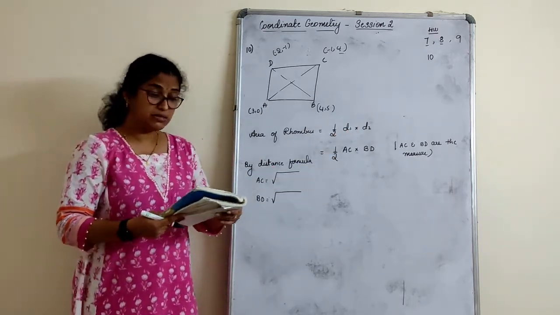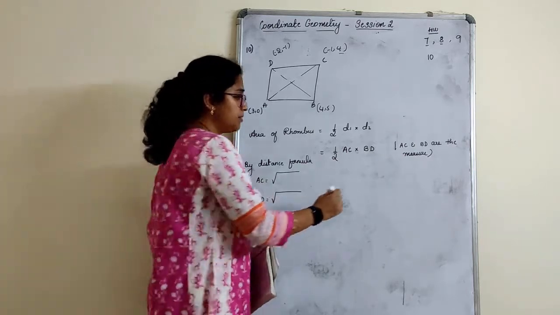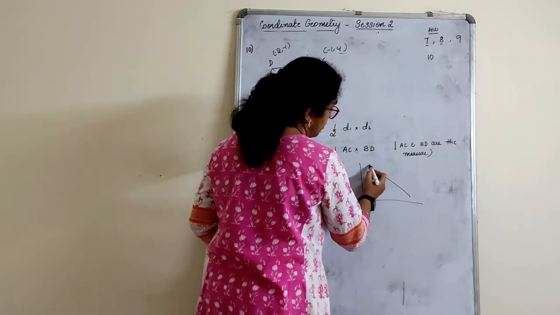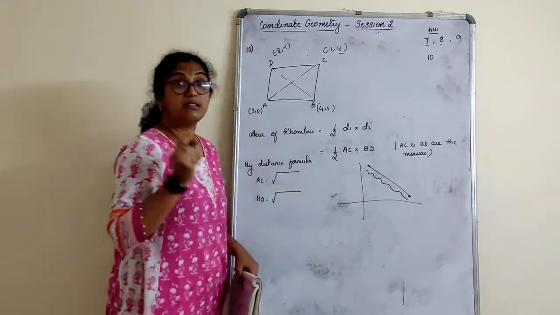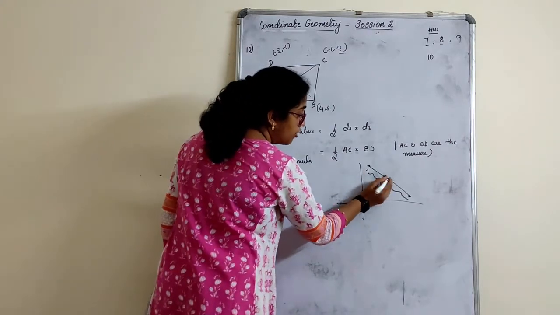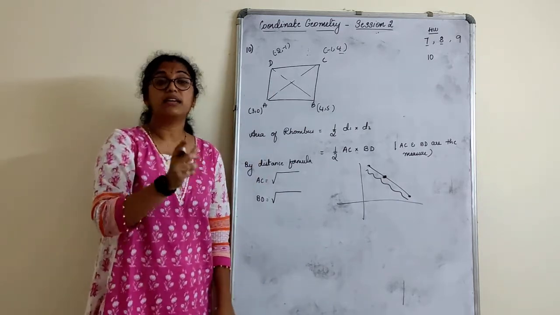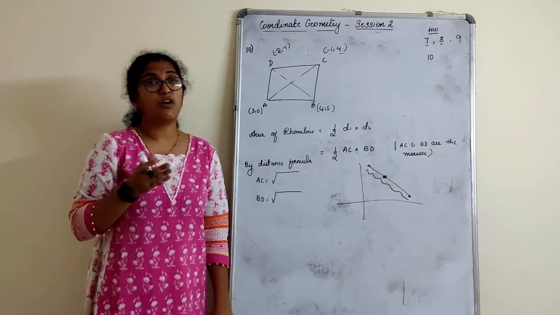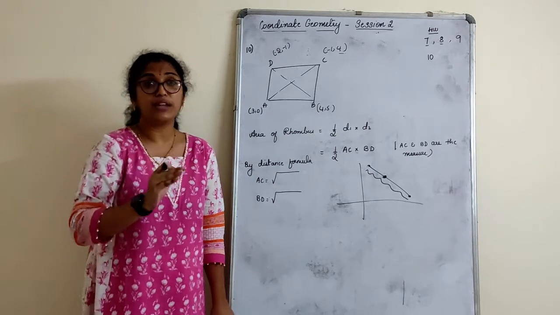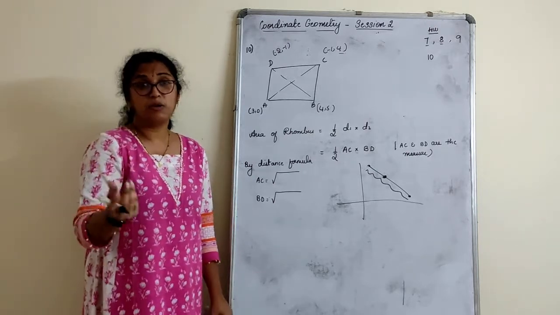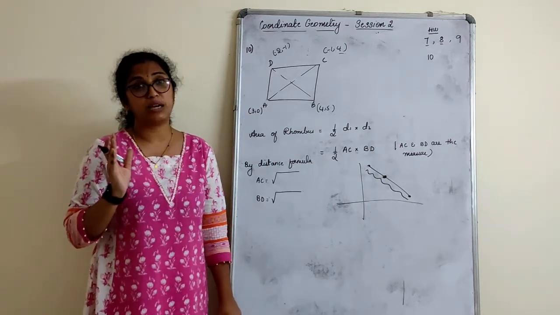Clear? See, even in this sum, there were two sums where we had come across the distance formula. Just remember, when coordinates are given and you have to find this measure, this is called the distance formula. You have to find in what ratio they are dividing, section formula. Dividing equally, midpoint formula. Only thing you have to identify what to do. It's actually a very simple chapter, and you can say it's a scoring chapter because numbers are very small, calculation is very simple.